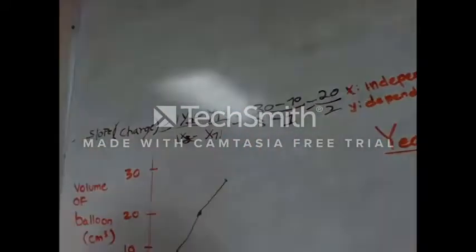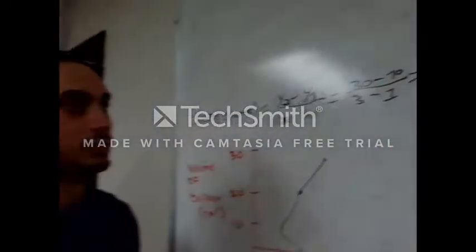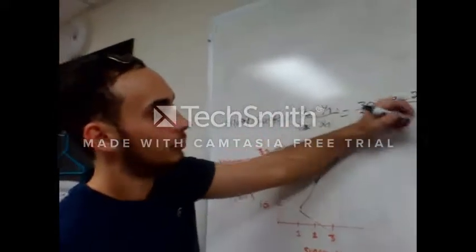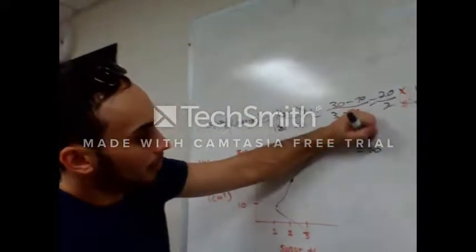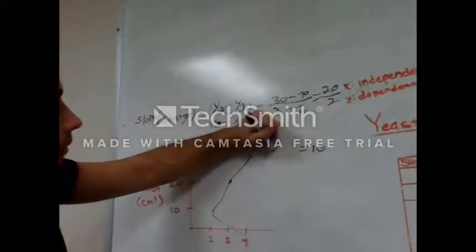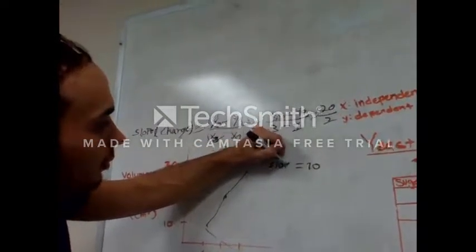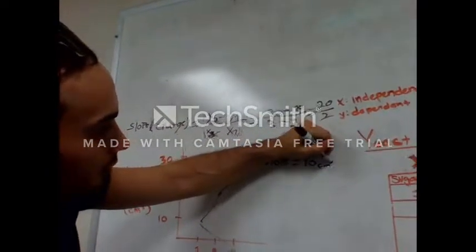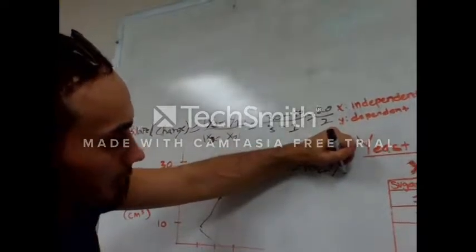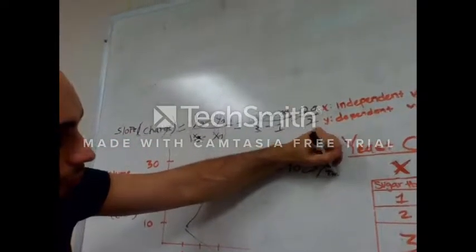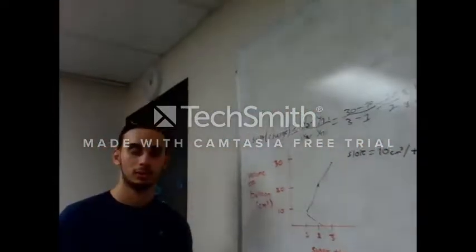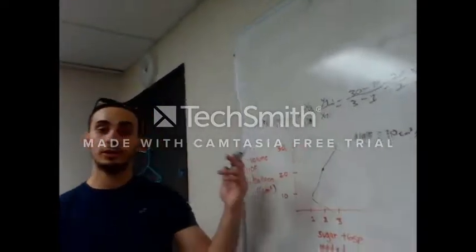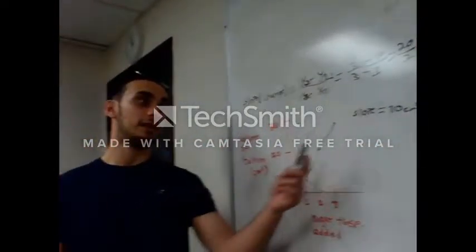Now, to find the slope, we have to simplify that. And as we know, 20 divided by 2 is equal to 10. So our slope is 10 centimeters cubed for every tablespoon of sugar. So we have the slope. We know for each tablespoon of sugar, we get an increase of 10 centimeters cubed in the diameter of